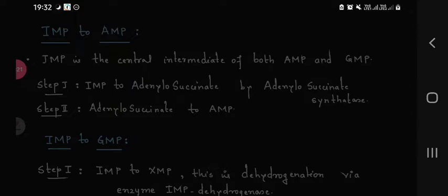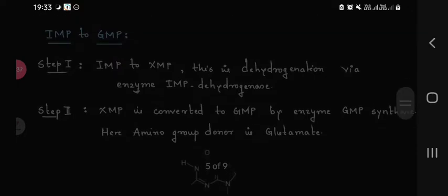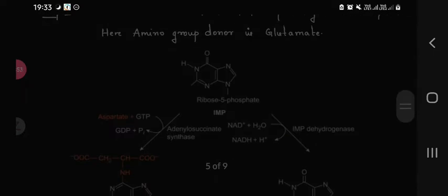IMP to AMP. IMP is the central intermediate of both AMP and GMP. IMP to adenylosuccinate by adenylosuccinate synthase. Adenylosuccinate to AMP. IMP to GMP. IMP to XMP. This is dehydrogenation via enzyme IMP dehydrogenase. XMP is converted to GMP by enzyme GMP synthase. Here amino group donor is glutamine. Ribose 5-phosphate